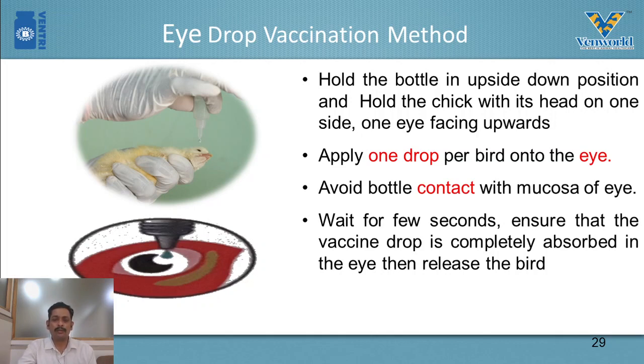There is one small practice to check that the vaccine is properly going into the eye. For that purpose, just keep a blank white paper on the downside where we do this eye drop vaccination, and do the vaccine. If the paper looks wet, it is an indication that the drop has fallen down onto the paper, not into the eye. So this is one practice. Please do this practice during the eye drop vaccination.